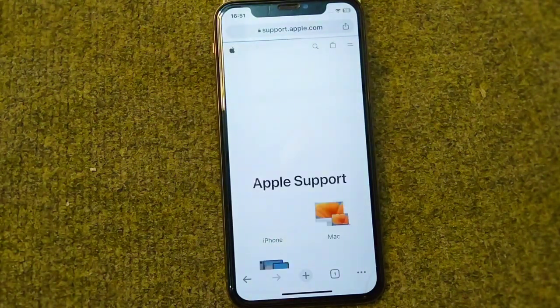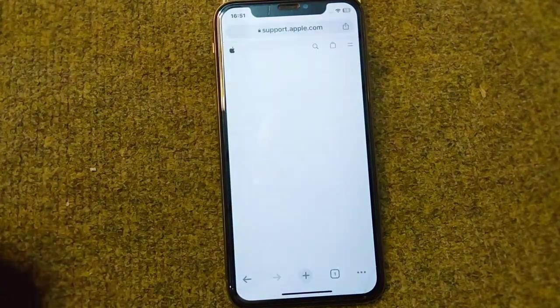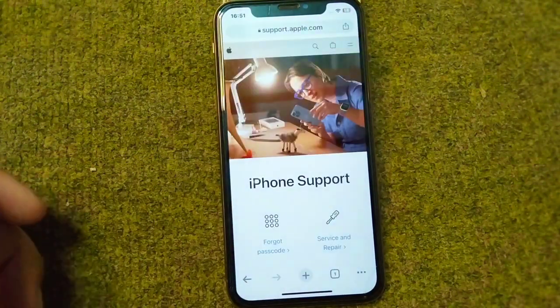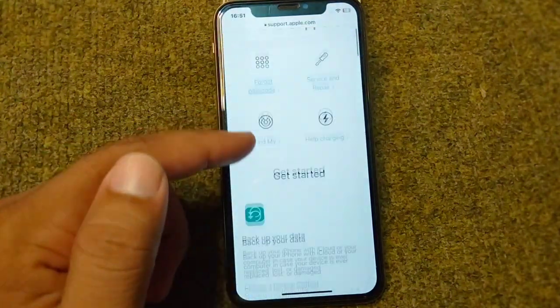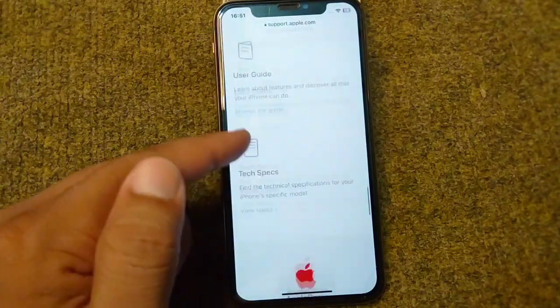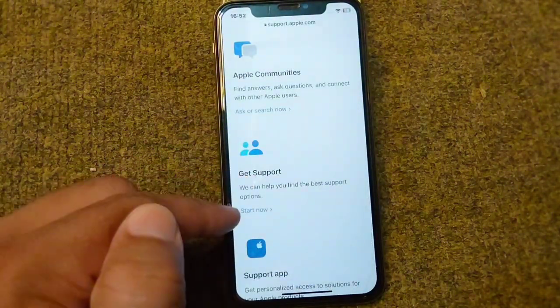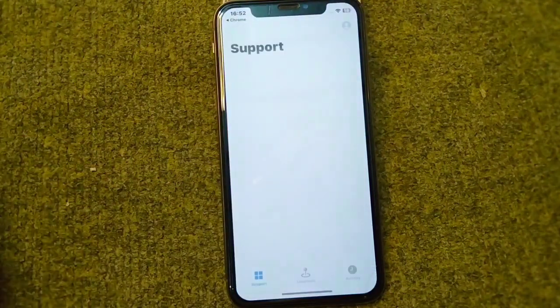and wait for some seconds, and from here simply select your device and scroll below all the way, and from here tap on get support. So from here tap on start now,